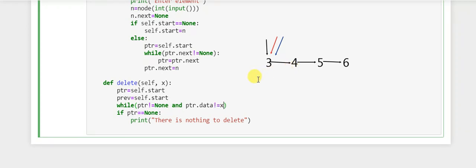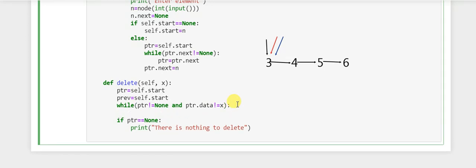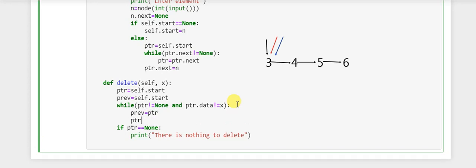That is, it should stop when it encounters the data that we want to delete. So now it's the same case as before. Previous will be equal to ptr now and ptr will be equal to ptr dot next. So this was the first case.